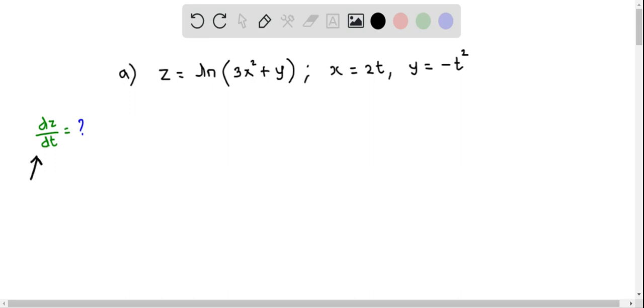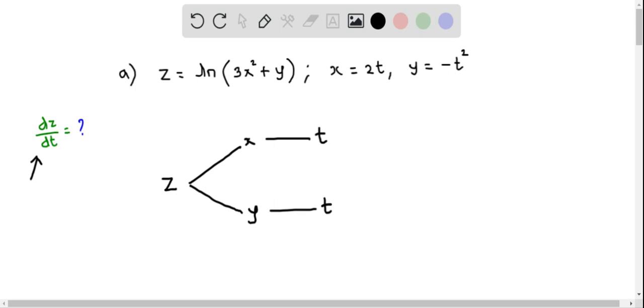So let's see how to determine this derivative dz by dt using the chain rule. So first, I'm going to construct a tree diagram since we deal with three functions. So first, I put this z variable. This is a function of two variables, that is x and y. So I can put the tree diagram as it is branching like two branches, one for x and one for y. And from x, since it is a function of just one variable t, I can put this as it is branching to only one branch t, and similarly y is branching to only one branch t,